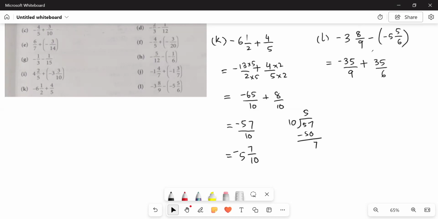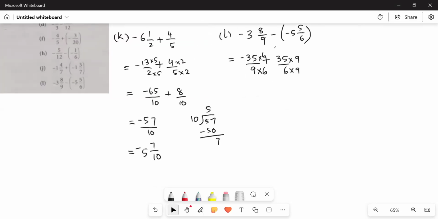No. In every single case, we have to make the denominators same. If they are similar, then we can go for the numerators. But if they are different, we have to make them similar. How can we make them similar? By multiplying them with one another. Or there is one more method to make them similar. If the two have a common factor, we can simply take their LCM, that is of 9 and 6.